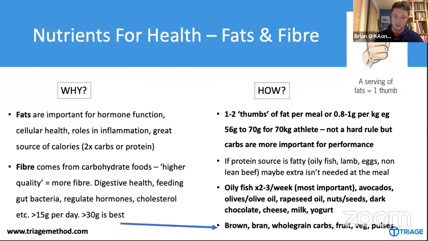And then in terms of fiber intake, you're usually going to get it in the higher quality carbohydrates, so things like potatoes, sweet potatoes, any brown or whole grain carbs, or things that talk about bran, like bran flakes, All-Bran, all very, very high fiber carbohydrates. Pulses, so they're your lentils, beans, chickpeas. And then fruit and vegetables are a fantastic source of fiber and other nutrients. So they are naturally great to have in there, as everybody knows, but not everybody implements, unfortunately.